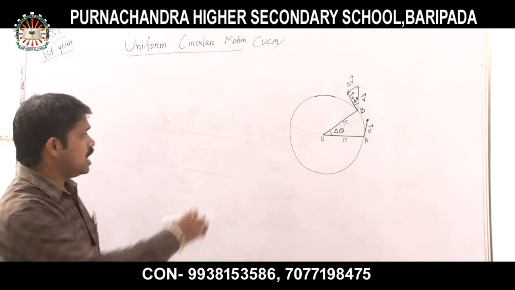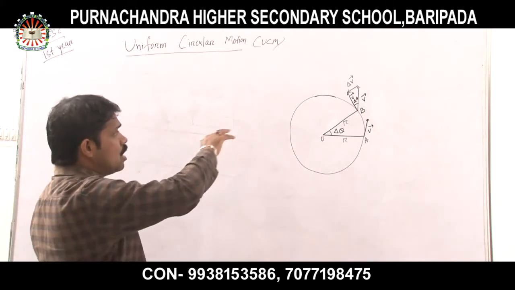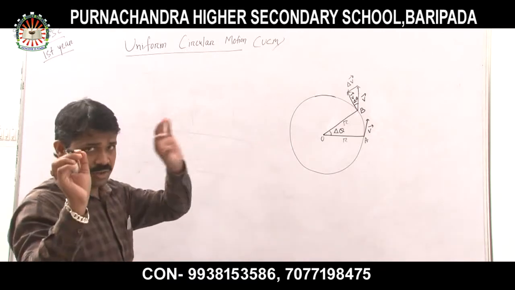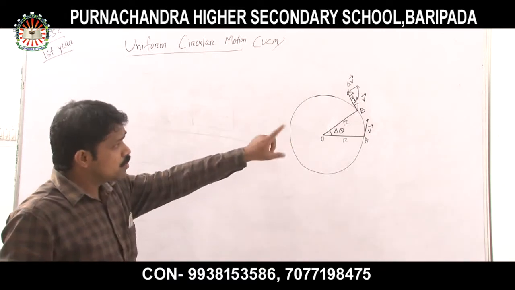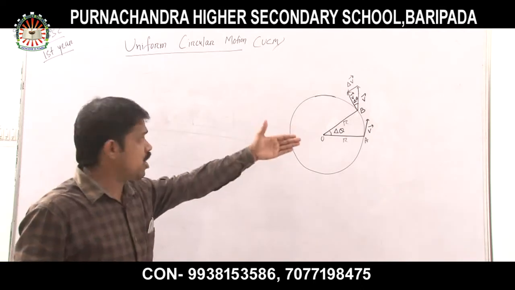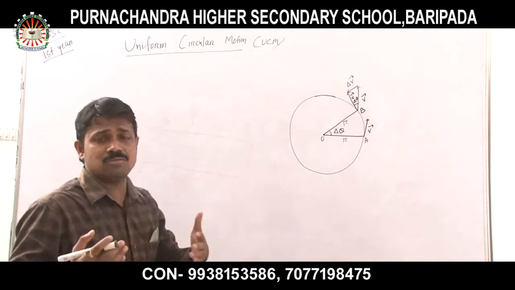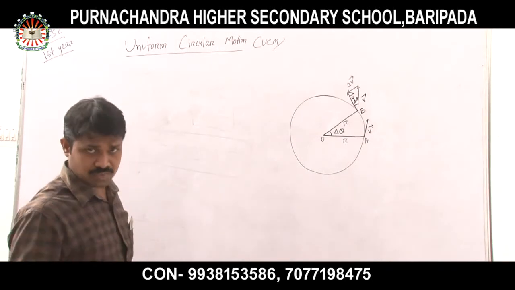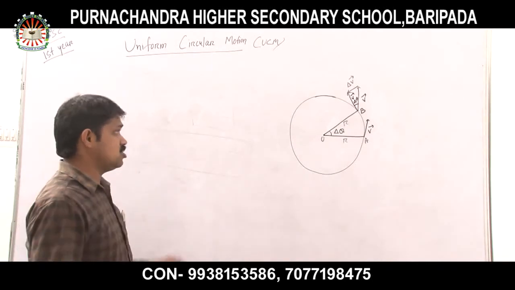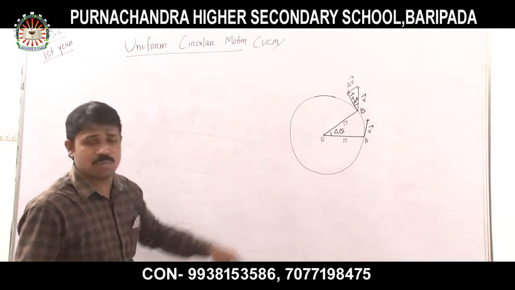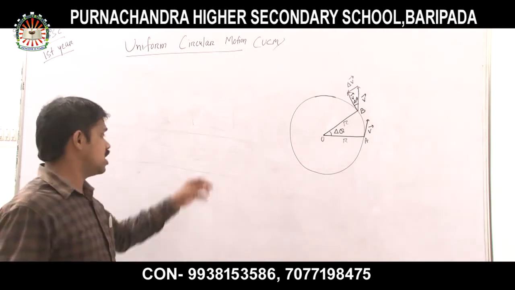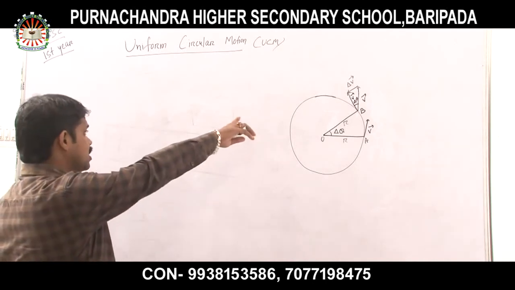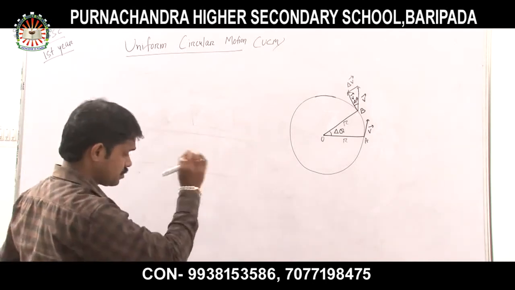Now let us find out how the acceleration is affected when the object moves, listen very carefully, from A to a certain point B. Let us find out what types of acceleration act in this type of motion. Understood all of you? So for this we can easily look at the figure and verify that.